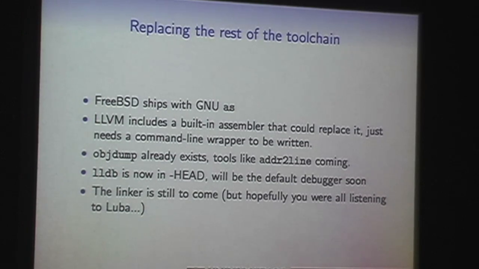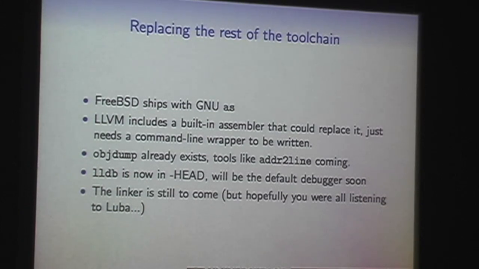There are things like LLVM obj dump. The only reason we haven't switched to LLVM obj dump so far is that the code that allows it to find the line numbers from the debug information was only just added to the LLVM libraries. And people who run obj dump a lot, which basically means Robert, really like being able to find what the C code that corresponds to their binary dump is.